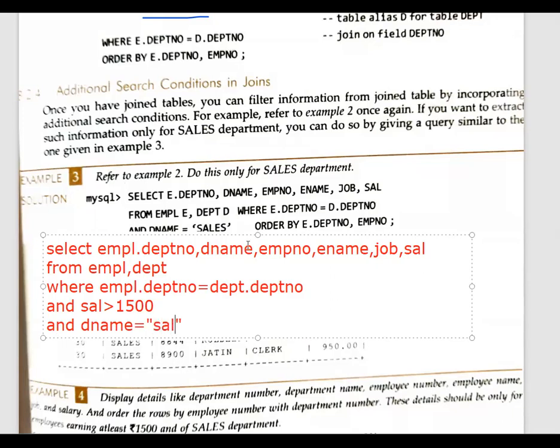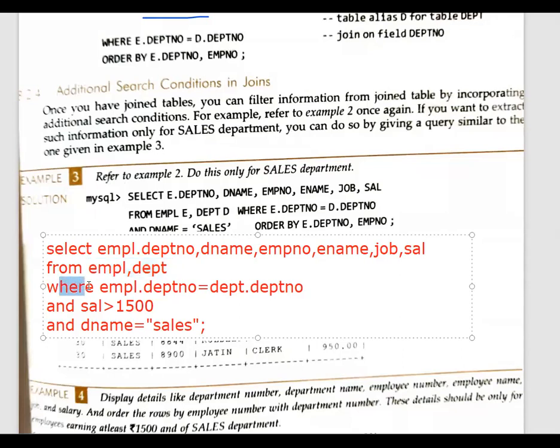Okay, this is what you have to understand, that this is how you are going to write your query. Let me know if you have any problem with this. Again I'm repeating, select all the column names. If any column is common, then we have to write explicitly the name of the table. It is compulsory. Then we have from, in from, both table names.